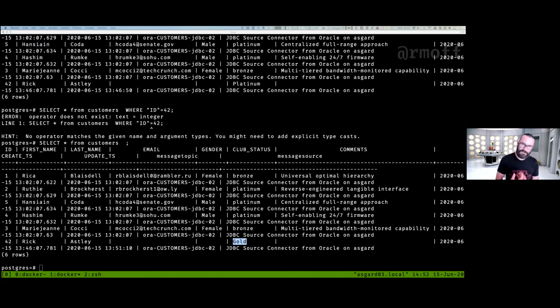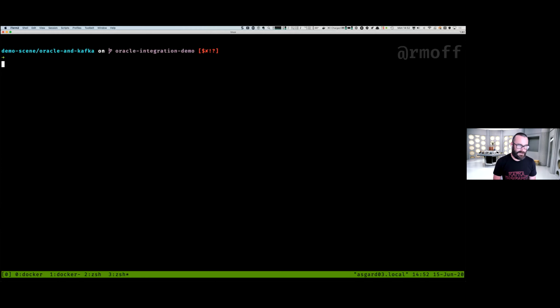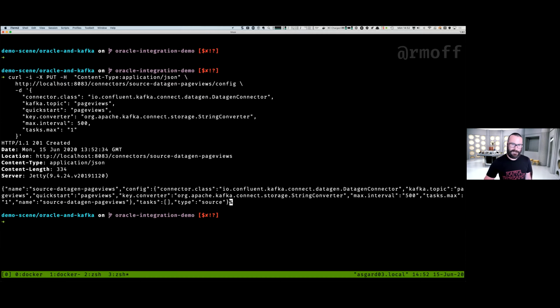Stream processing is one of those things that doesn't always seem like an obvious thing to do, but if you think about how you work with data in Oracle, in other systems, lots of the time you're taking data from one place, batching it up and doing some processing and writing it somewhere else. And lots of the time that translates very naturally into some stream processing as well. So let's go and create ourselves yet another connector. This connector here is actually just a data generator connector.